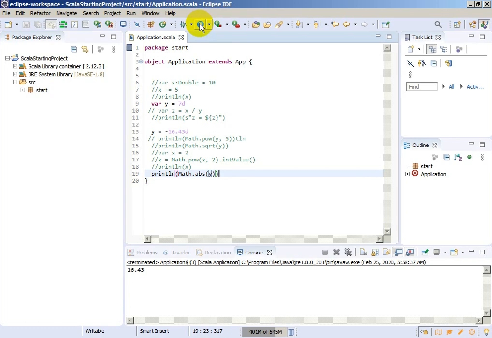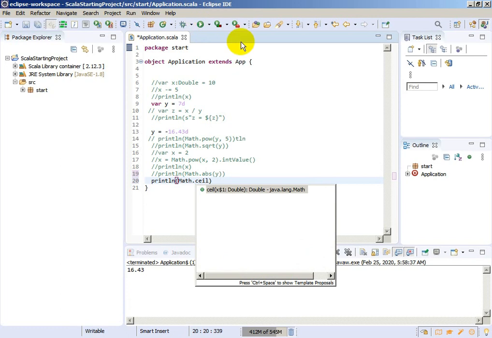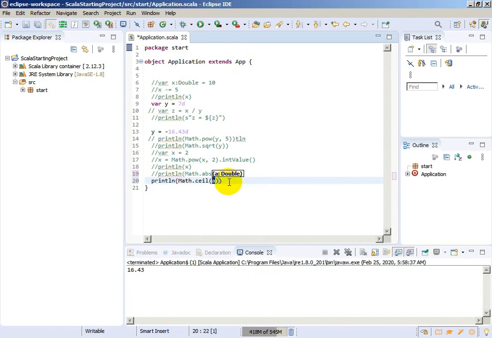Okay, and now I can show you, we have minus 0.643. We can print a line. Again, we can use math, and to convert to integer, we can use ceil. Also, and we will get an integer. I will show you with ceil. When we print this,